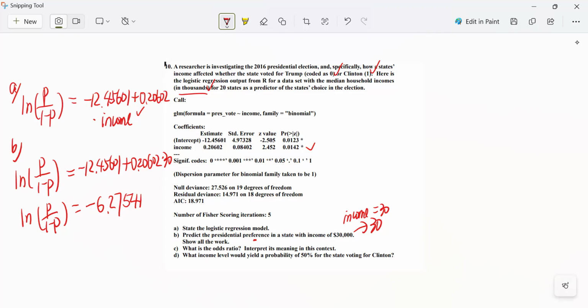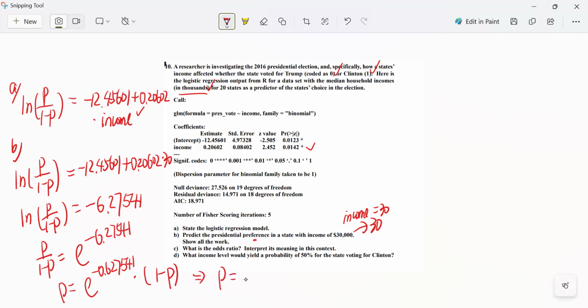So here we get p over 1 minus p equal to e to the minus 6.27541. And then we're going to solve for p. So p equals e to the minus 6.27541 times 1 minus p. And from here, we continue, we get p equal to e to the minus 6.27541